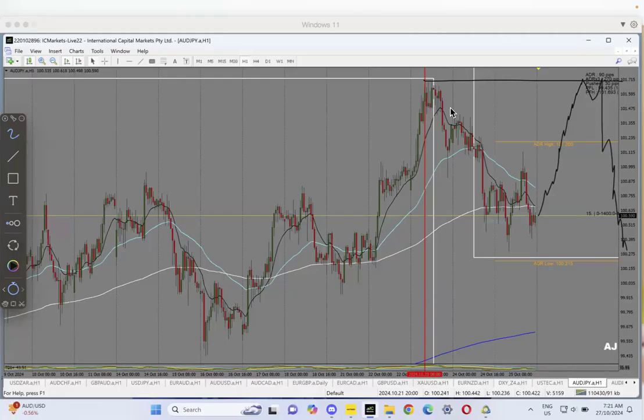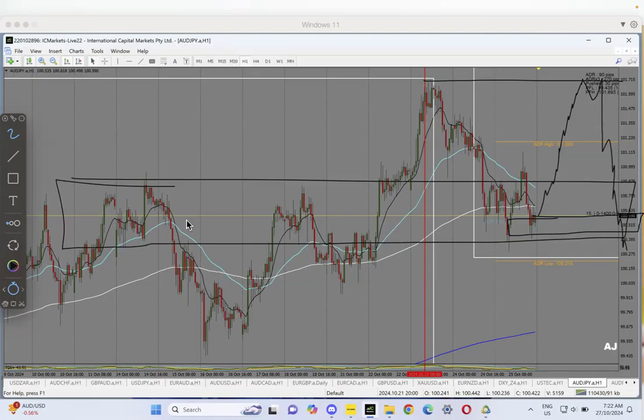Remember, we still need to know what higher time frames are doing. So remember, we want a weekly second leg. So most probably we might still come back here and reset, because we're resetting a bigger time frame. So we're going to spend a long time in this area like we have done already. So that means it's going to be a little bit hard to catch this one, because it will stay there a little longer before it is ready to move.